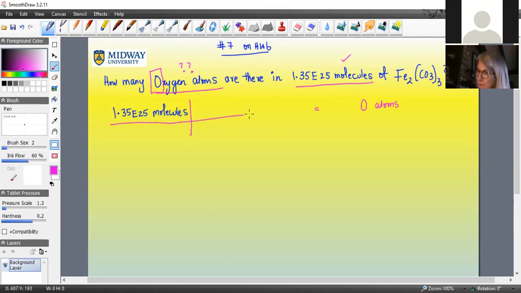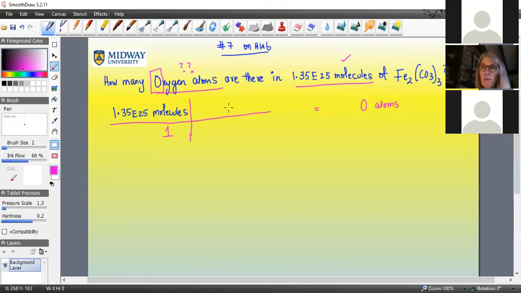As always, you set up your given information with a 1 on the bottom. What people did is they tried to put the Avogadro's number here and a whole lot of things, just making it complicated. This is actually only one step, which is that for every molecule of this Fe2(CO3)3, there are 9 oxygen atoms, and that's all. This is for a molecule. This is how many of this iron carbonate you have,